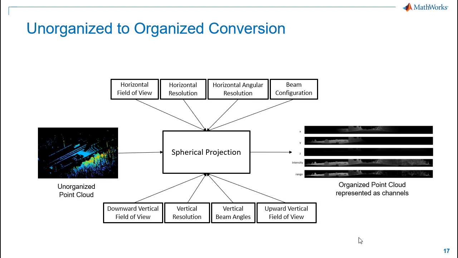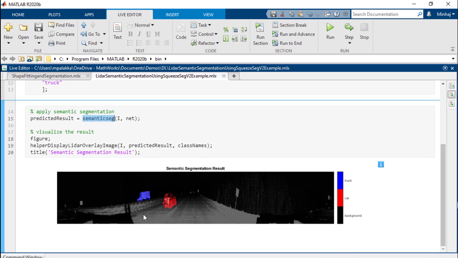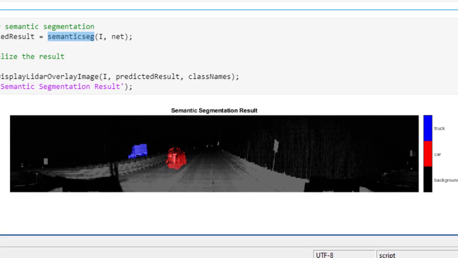To do this, we need sensor parameters like field of view, resolution, beam configuration, etc. After this conversion, it extracts the intensity image from organized point cloud. Now we'll define the classes and apply pre-trained SqueezeSegV2 network on our data. The output from the network shows the intensity image segmented into car, truck, and background.